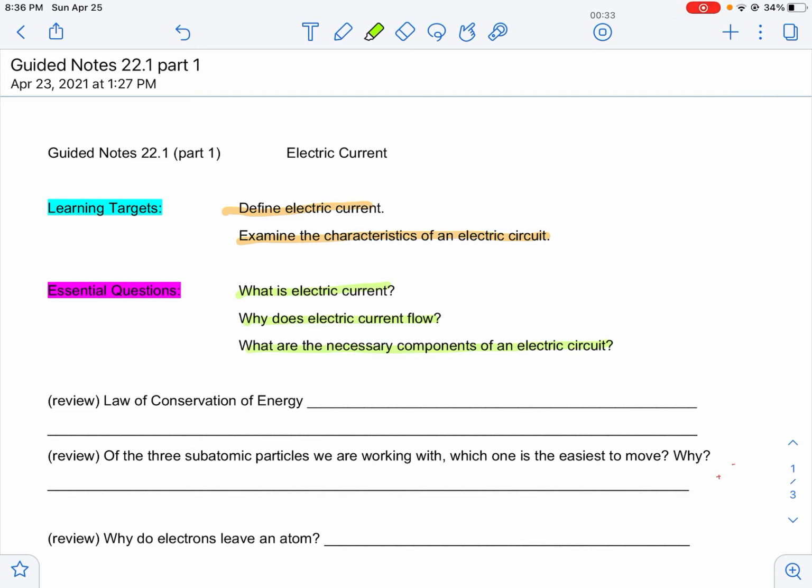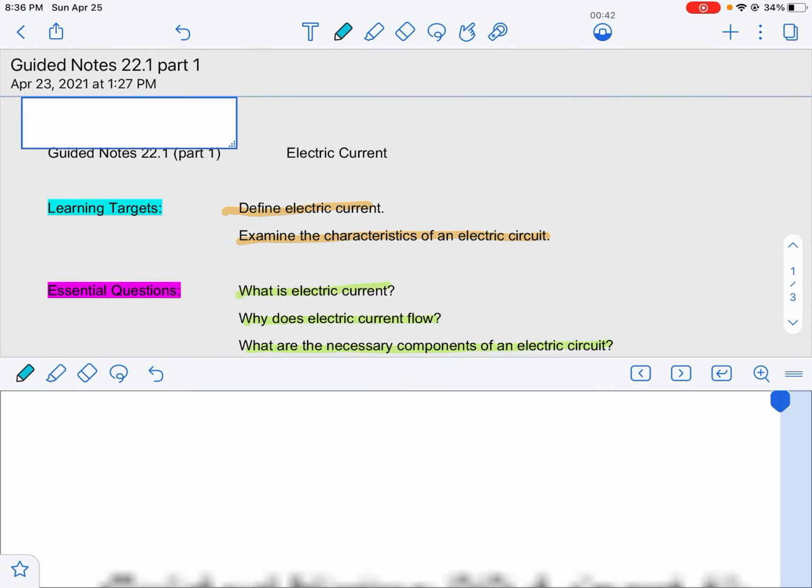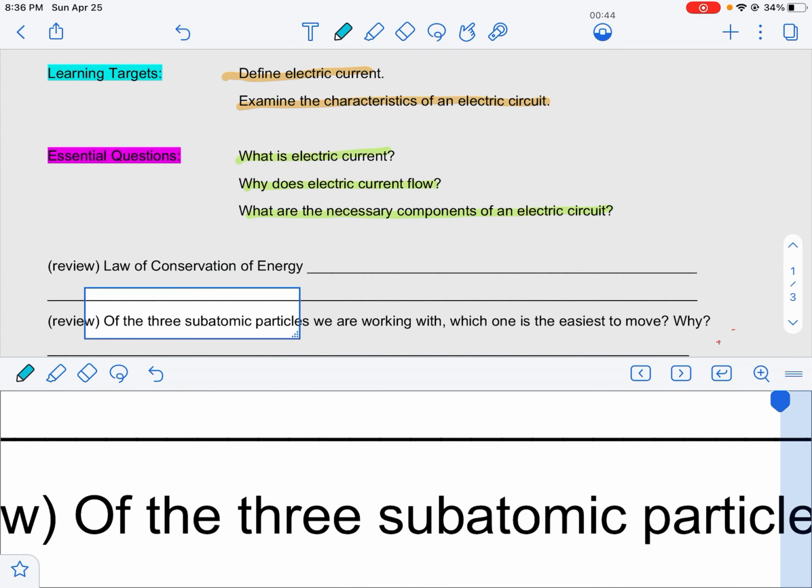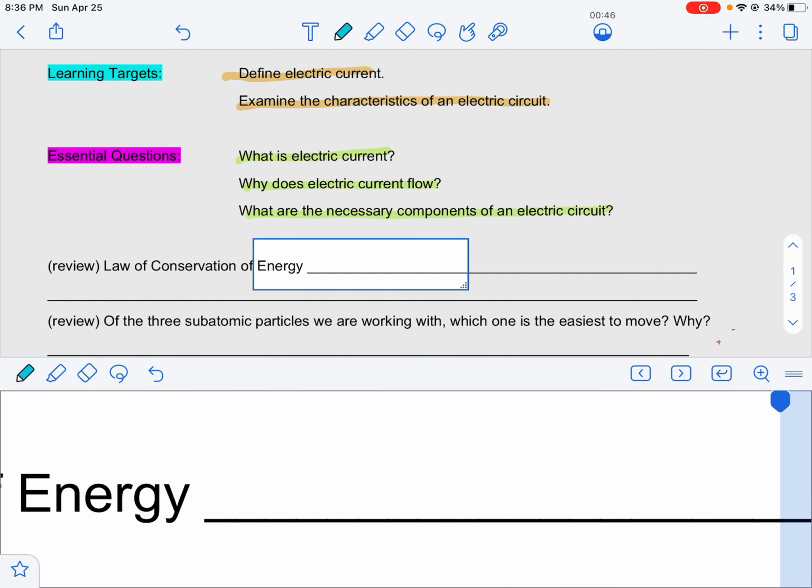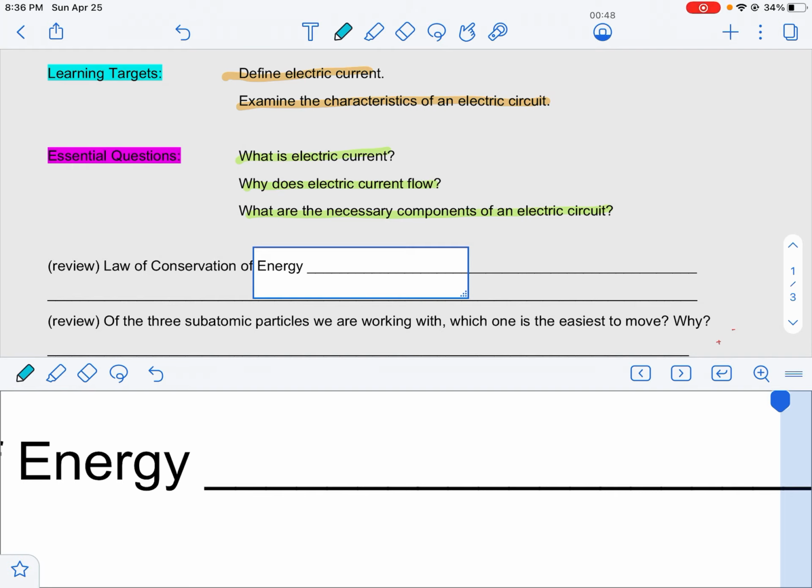So let's go ahead and jump right in. And you know that I always like to start with the review stuff so it's in your head. So the law of conservation of energy. So remember that electricity is another type of energy, and so we need to think about all the things we already know about energy. So the law of conservation of energy tells us that energy